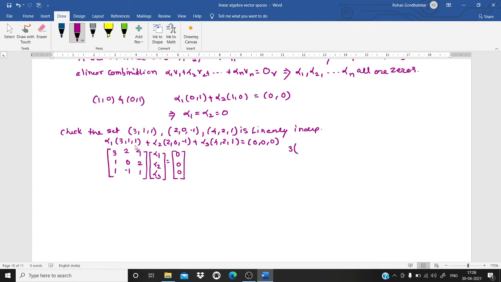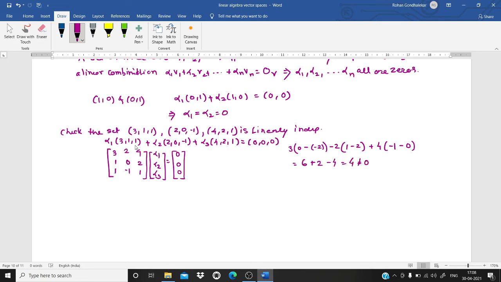It's very simple. 3 into bracket 0 into 1, 0, minus 2 into minus 1 is plus 2. So minus 2 into bracket 1 into 1, 1 minus 2, plus 4 into bracket 1 into minus 1 minus 1 minus 0. So let's calculate this. This is plus 2, we get 6 here. 1 minus 2 is minus 1. Minus 1 and minus 2 becomes plus 2. 4 minus 1 is minus 4. So 6 plus 2 is 8. 8 minus 4 is plus 4, which is non-zero.